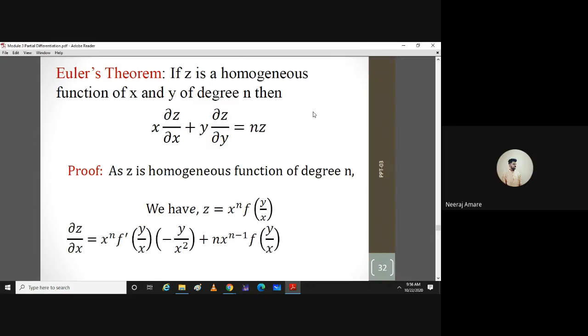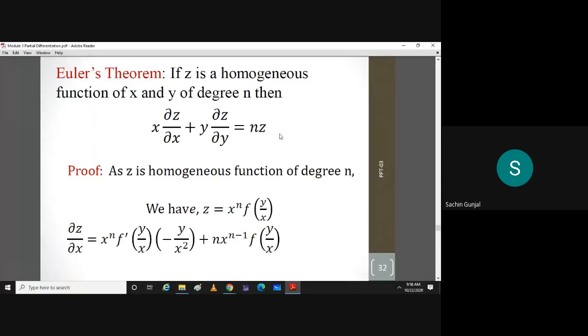You got the question? Divided by 2 into z. Yes, sir, 2z. Okay. So answer is 2z, 2 into that whole function. You should not write only z. You should write that whole function, okay, in exam.